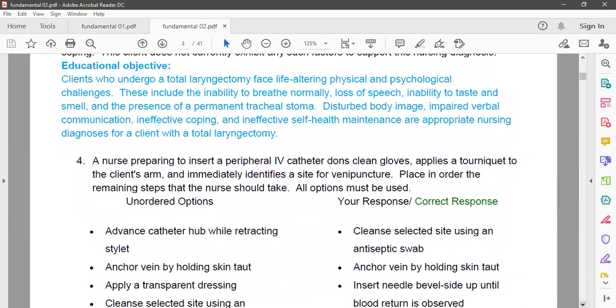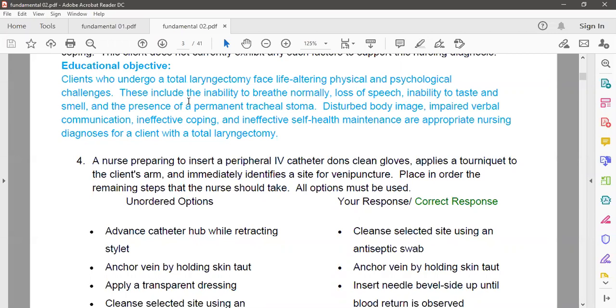Let me read it for you, my friend. The client who undergoes a total laryngectomy faces life-altering physical and psychological challenges. It is always so, right? When we have some fever or headache, we think, oh my God, I'm going to die. But think about the person who is diagnosed with a non-curable disease like autoimmune disease, lupus, fibromyalgia, Wegener's granulomatosis, how they survive. It is very challenging for the patient, physically challenging and a psychological coping mechanism,